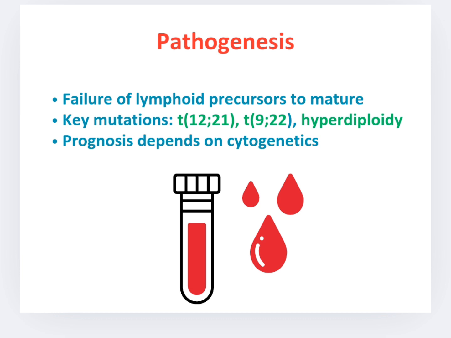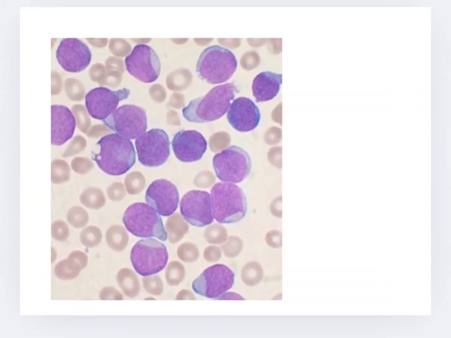Pathogenesis is a failure of lymphoid precursors to mature. Key mutations are t(12;21) and t(9;22) and hyperdiploidy. Prognosis depends on cytogenetics. Now, peripheral smear shows blasts with medium to large size, scanty cytoplasm, coarse chromatin, inconspicuous